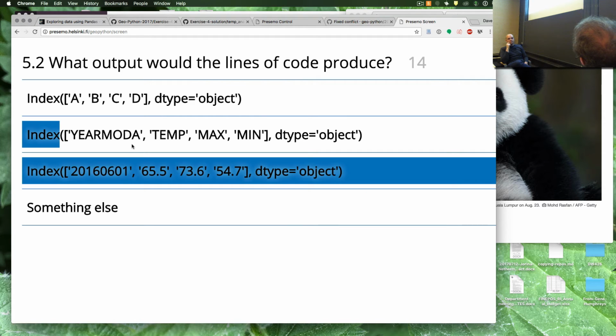Okay, so 13, all right. 13 is not a lucky number, so now that we have 14, we'll arbitrarily decide we can move on. So yeah, the vast majority of you here have selected this option for index equals 2016 0601 and so on,